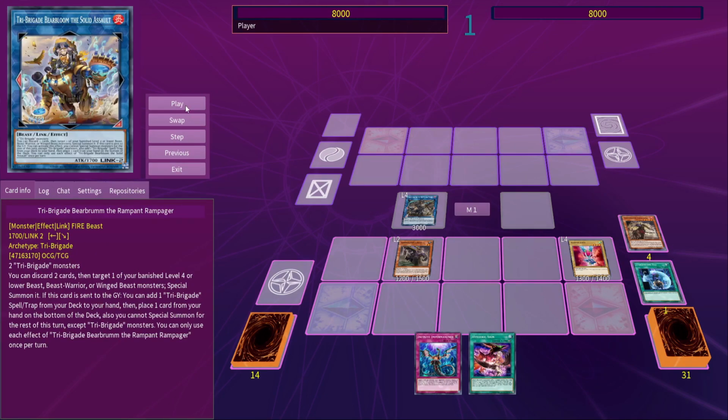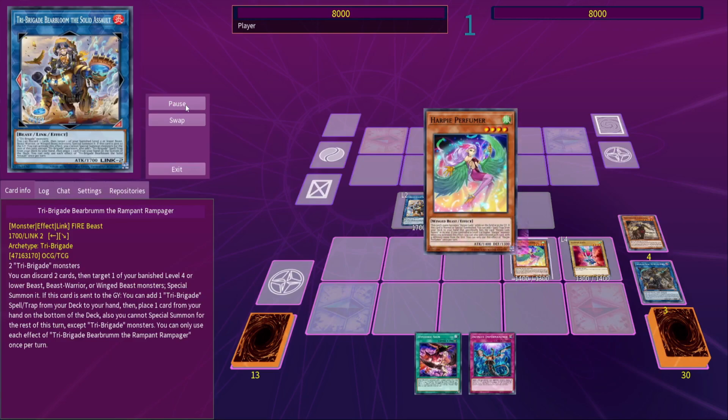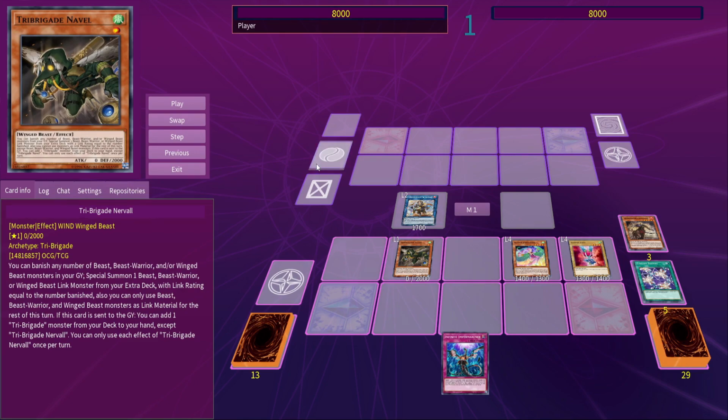You then link those 2 into a Bearbroom, and then Shurag's effect triggers in the graveyard to search a Harpie Perfumer. Summon Perfumer to search an Elegant Egotist, and then use Bearbroom's effect to discard 2, including the Hysteric Sign, to summon back a Nerval, and now your Hysteric Sign's in the graveyard, so it will search in the end